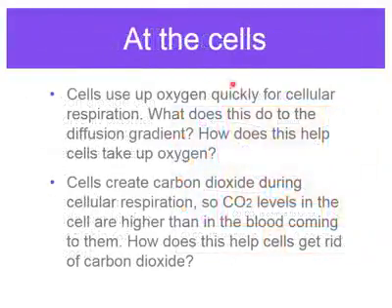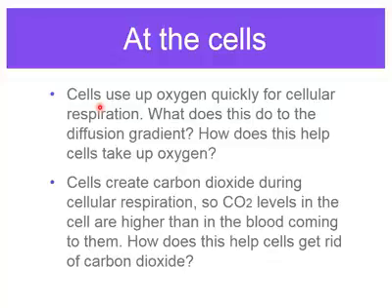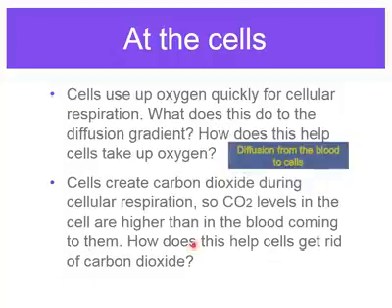At the cells, what happens? Why does the oxygen move from the blood to the cells and the carbon dioxide moves from the cells to the blood? Because the cells use oxygen quickly for cellular respiration. What does this do to the diffusion gradient? How does this help the cells to take up oxygen? Let us see how. This makes the diffusion of oxygen from the blood to the cells because we have less oxygen in the cells. So the oxygen moves from blood, from high concentration, to the cells which have low concentration